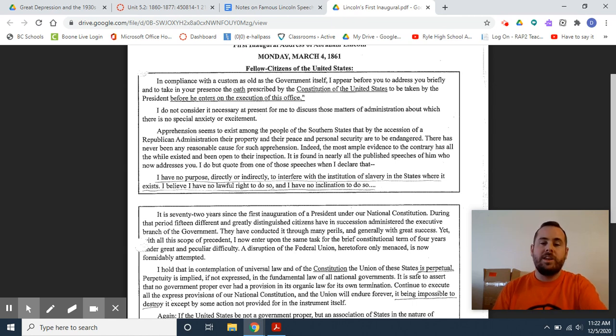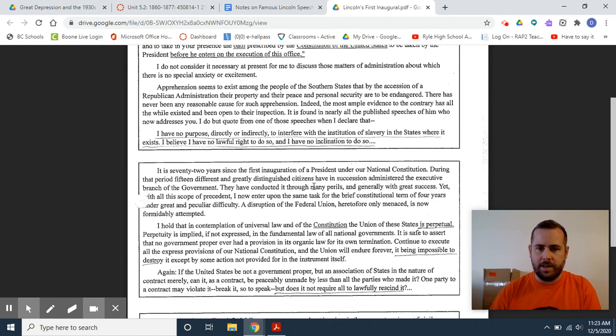He's honest Abe. We know that eventually he is going to be the great emancipator, that he is going to abolish slavery and finish the war to free the slaves. So what's he doing here? Well, he's not lying. At the beginning of the war in March of 1861, Lincoln truly believes that he does not have the lawful right to end slavery. And in terms of inclination, if you look back in Lincoln's past, he's got lots of racist statements and quotes, and he is not necessarily the most progressive person on African American rights in 1861. That is something that will change, and we'll get more to that towards the end of the next speech.